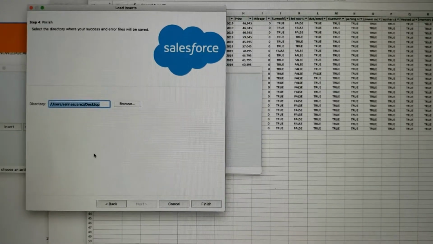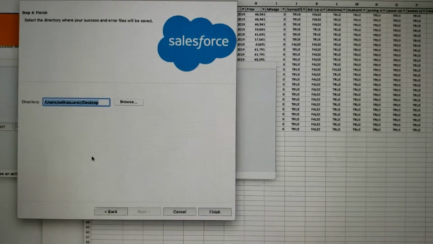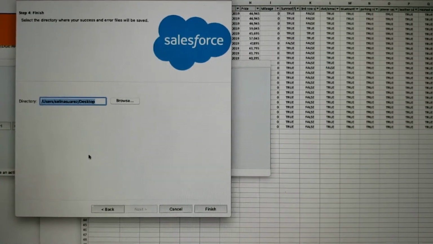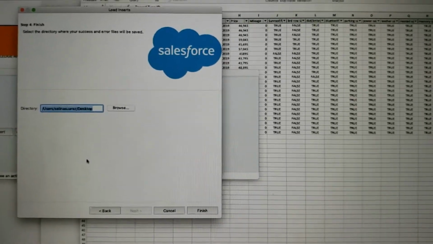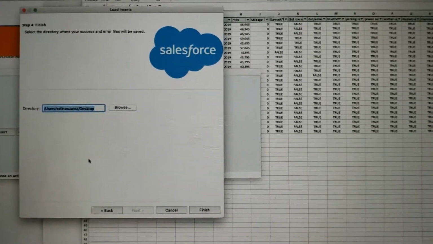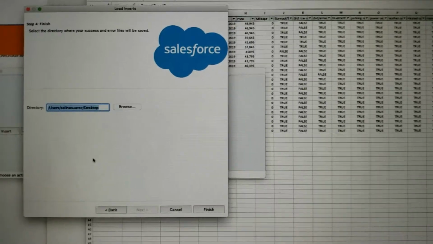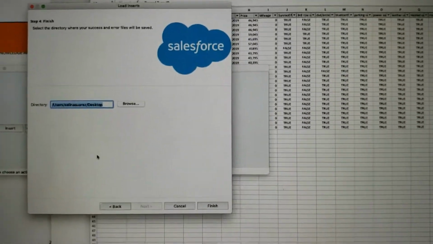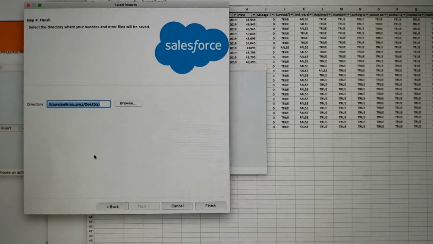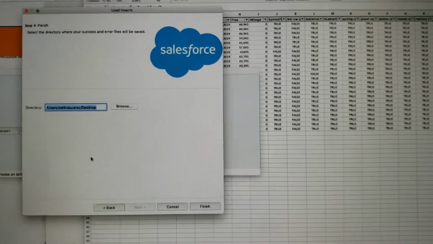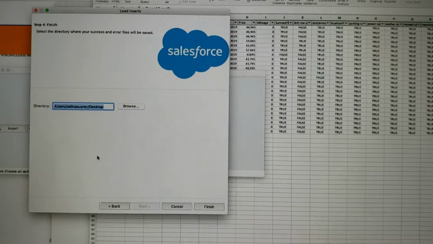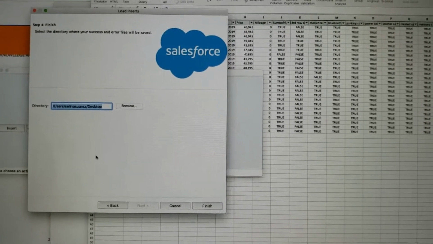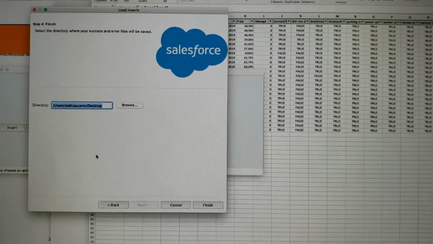And then in this stage, on step 4, it's asking you to select the directory where your success and error files will be saved. So what is that? Anytime that you do a data load using the Apex data loader, Salesforce does 2 things. It spits back to you 2 files. One file is your success file. Everything that went through properly is going to be spit back out to you in the success file,